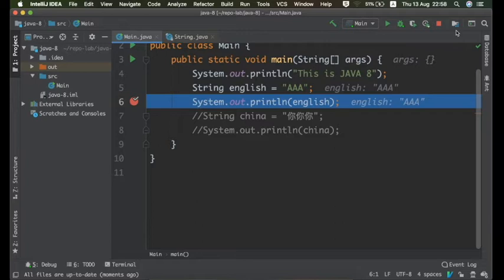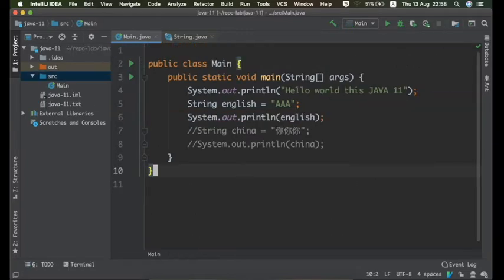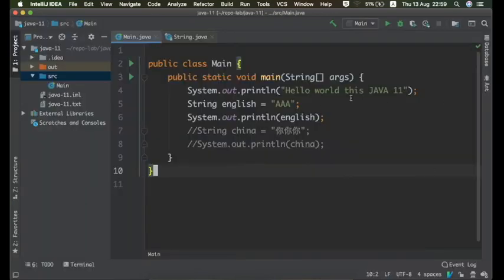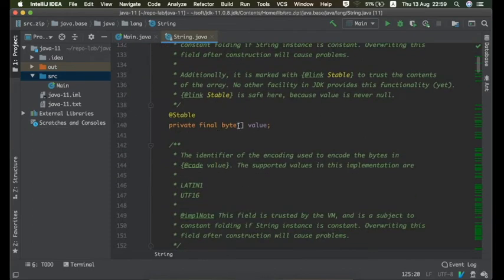Okay, now we will see in Java 11. This instance is configured with Java 11, you can see from here as well. First we will look into the String class in Java 11. Here is the difference: the underlying data structure is an array of bytes instead of characters.